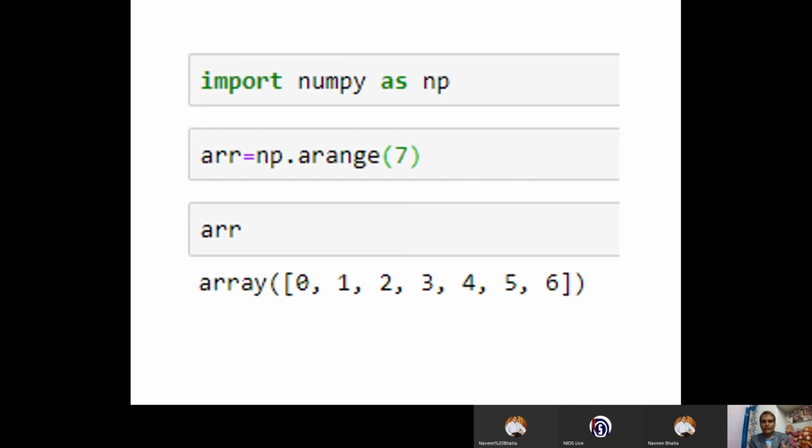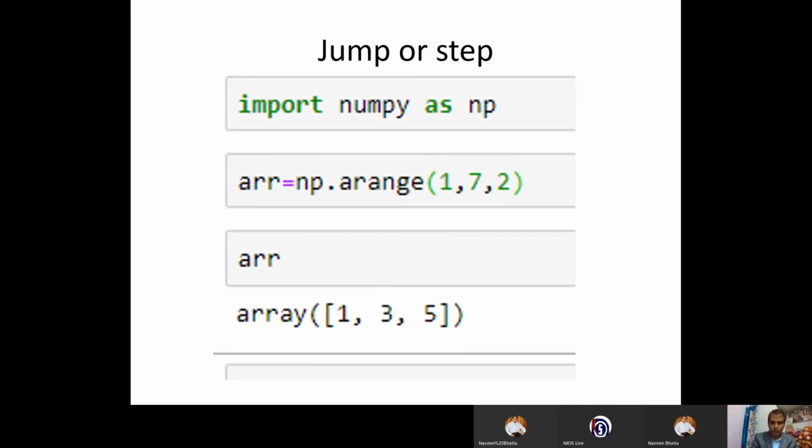Visible np.arange 7 I have given. Upper limit is 7. So you can see the array got created 0, 1, 2, 3, 4, 5, 6. Upper limit got ignored. Okay, here I have given starting point, upper limit, and step. Remember steps? Yes, it will simply jump 2 digits and come to the next one. From 1, 2 times jump, 3 will come, again 2 times jump, 5 will come, again 2 times jump, 7 will come, 7 will be ignored. Answer will be there in front of you. Yes, I think you understood. There is no issue. You can use arange with jump or step to create an array.